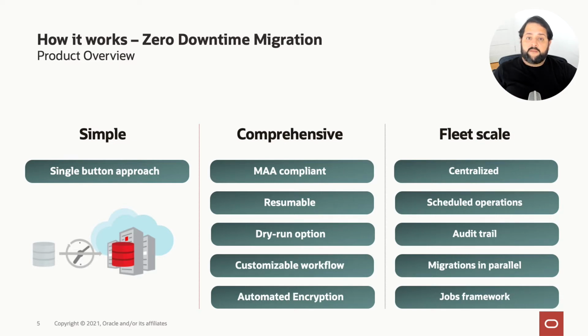Really important is that the encryption at target level is automated. And what do I mean by that? As you know, all Oracle Cloud Infrastructure databases are encrypted by default, so they're TDE enabled, or transparent data encryption enabled. But some databases on premises might not have TDE, might not be encrypted, right? So that's okay. We take care of that, and if you have an unencrypted source database, we will take care of the encryption at target level. So you don't have to worry about that.